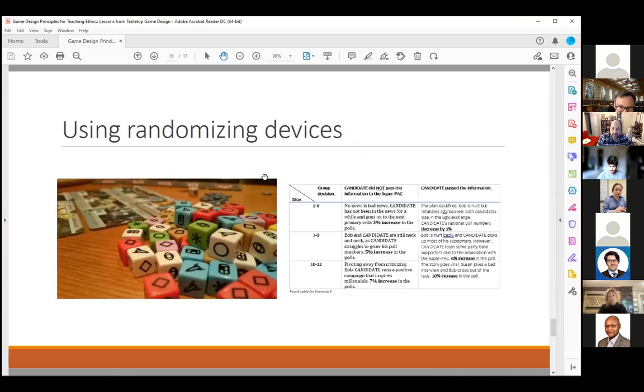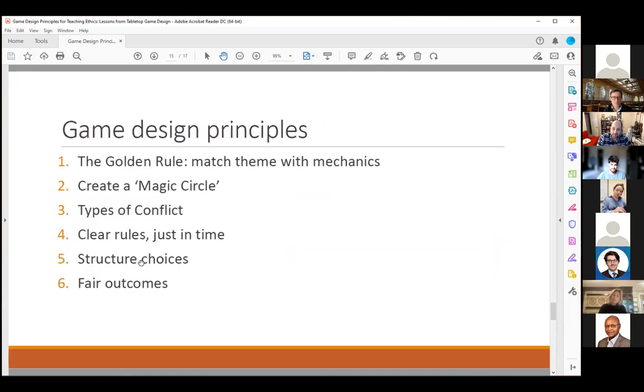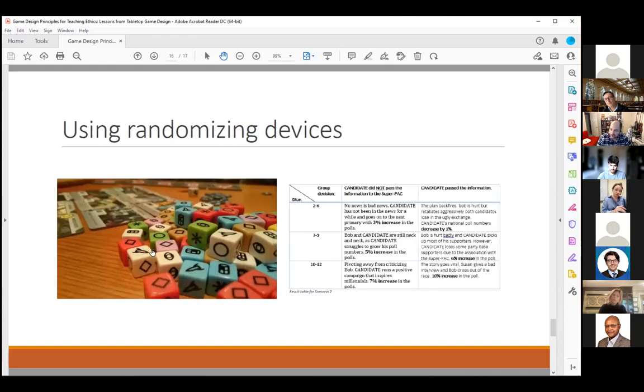What else did I want to tell you? Oh, yes, right. I use randomization devices. I use dice, which is really a bummer online, but I just use Google or whatever that shows them the dice. That helps make the game feel fair. There are fair outcomes. You can take a risk. I think there are a lot of ethical issues with uncertainty. If you're teaching moral psychology, you want to show prospect theory and all sorts of issues with that, the certainty effect, etc. You can deal with that. But I also think